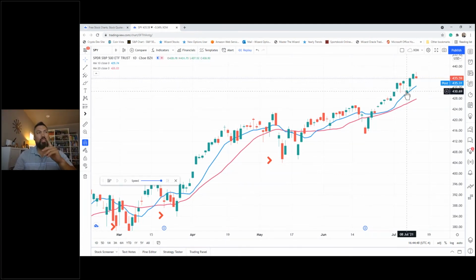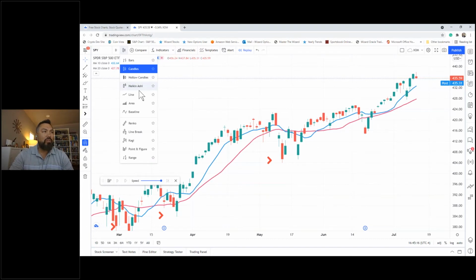So the most important price, I get this question a lot. You know, there's 4 prices: the open, the high, the low, and the close. When I look at a candlestick, it's always dependent upon the color, right? So green is up, red is down. Green are bullish, red are bearish. If it's red, that means the market closed below the open. When it's green, the market closed above the open. So the close price is the most important price.